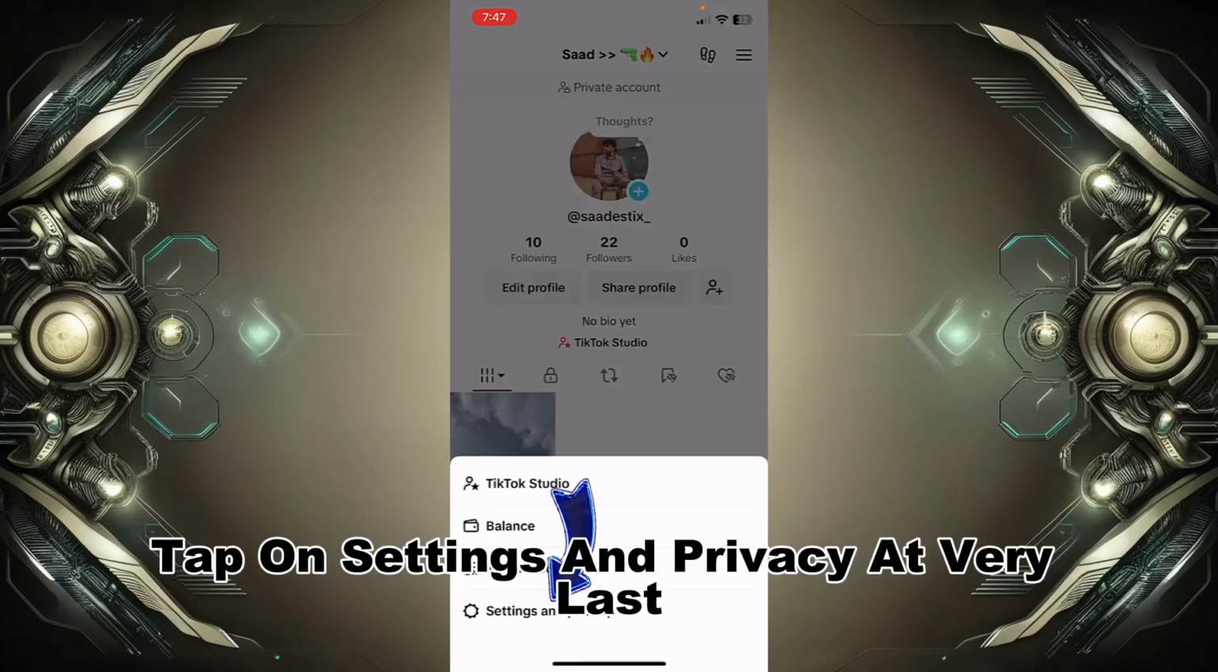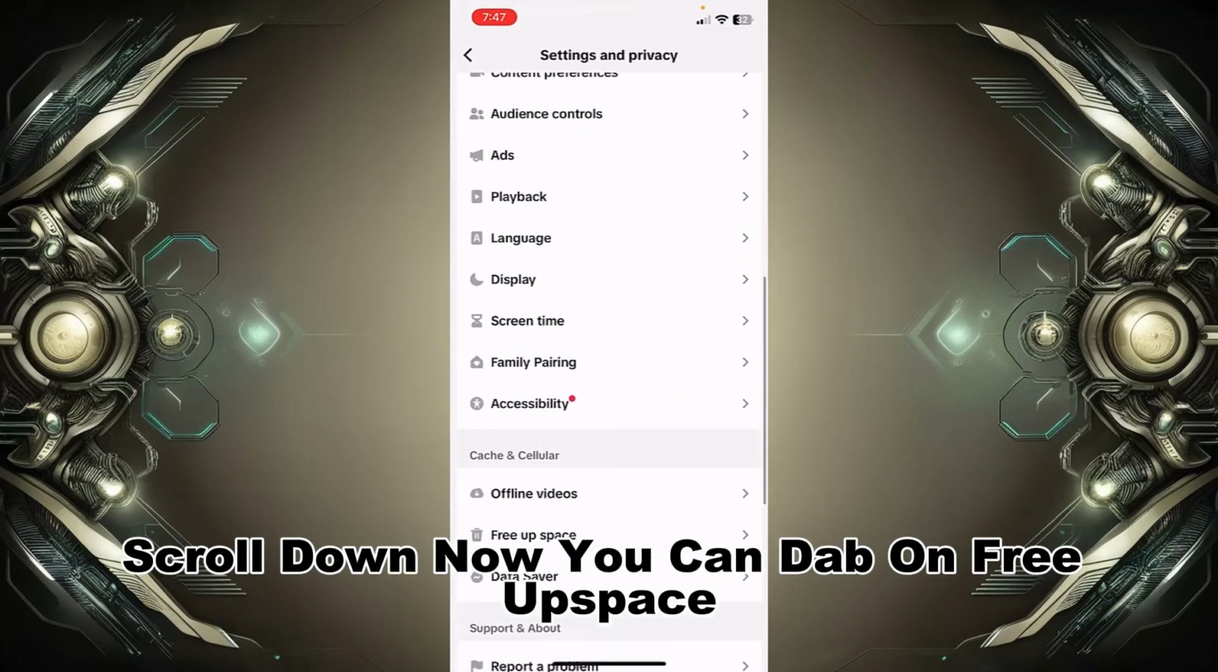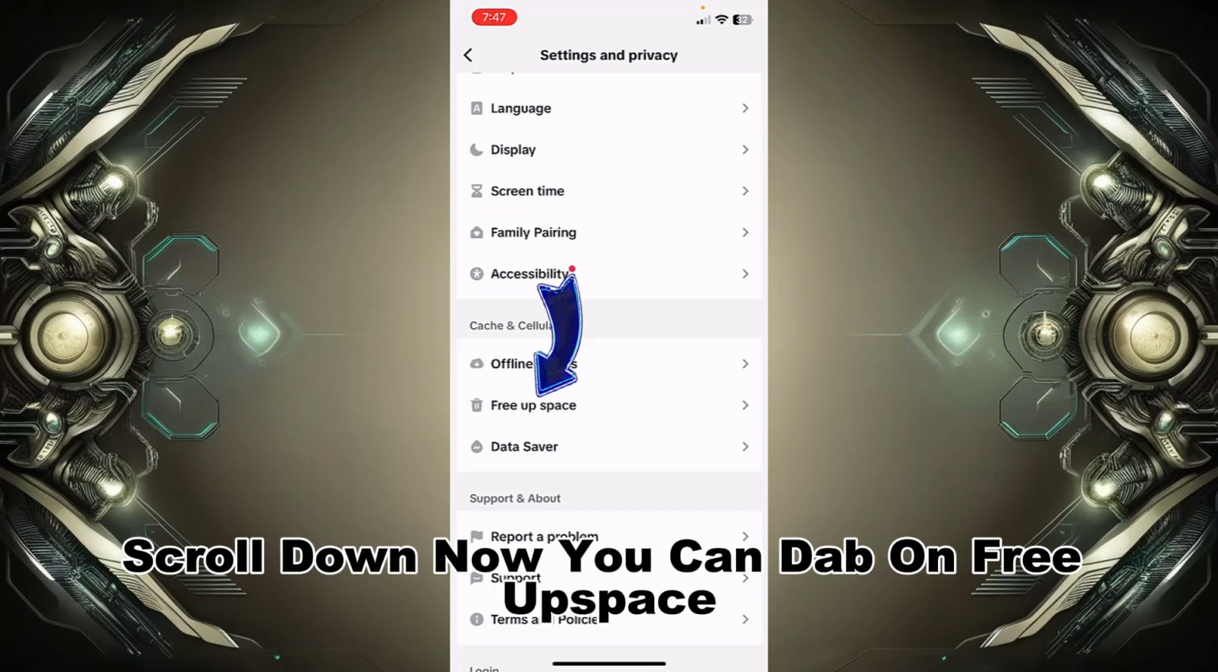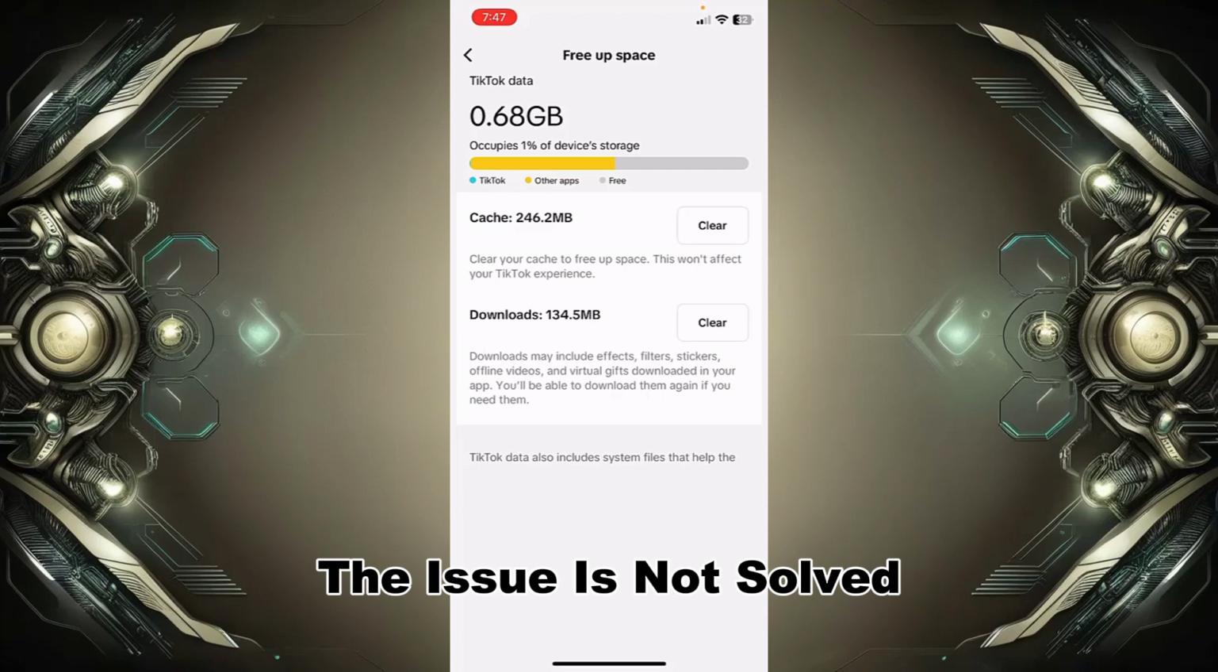Tap on settings and privacy at the very last. And here you can simply scroll down. Now you can tap on free up space. And here you can simply clear cache. And if after clearing the cache, the issue is not solved,